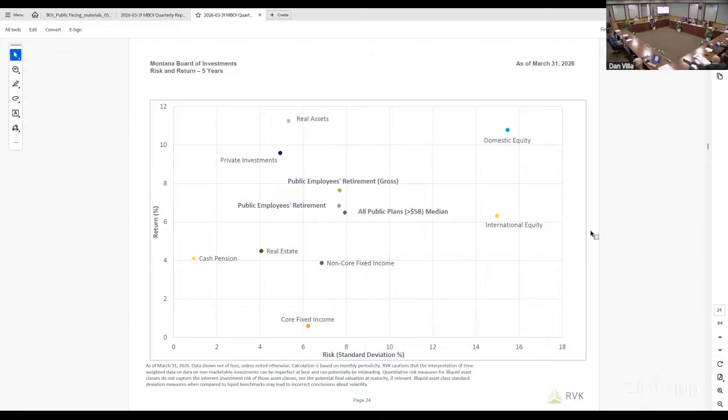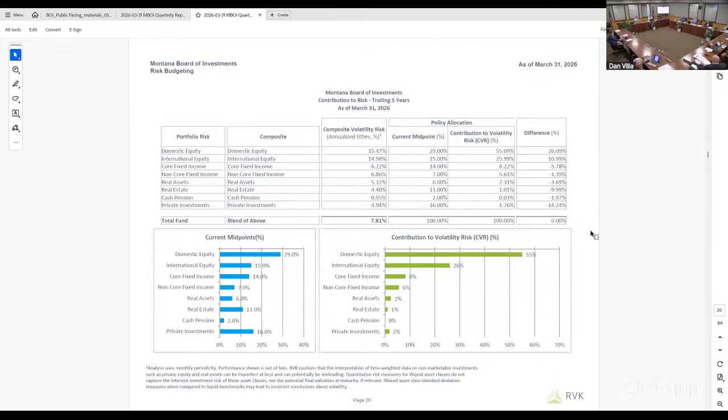And then I'll have you skip ahead to page 26. One of the things as we go into asset allocation season later in the summer with staff, and then as we have a meeting together to talk about that and any recommendations, we do a tremendous amount of work together collectively, including your staff, to make sure that we have the right level of risk to be constructive to the long-term needs of all the portfolios that you're responsible for overseeing. And one of the things we do have to watch is how much volatility is driven by equity.